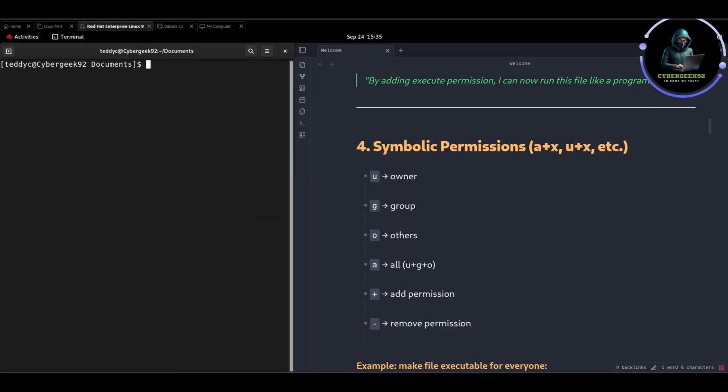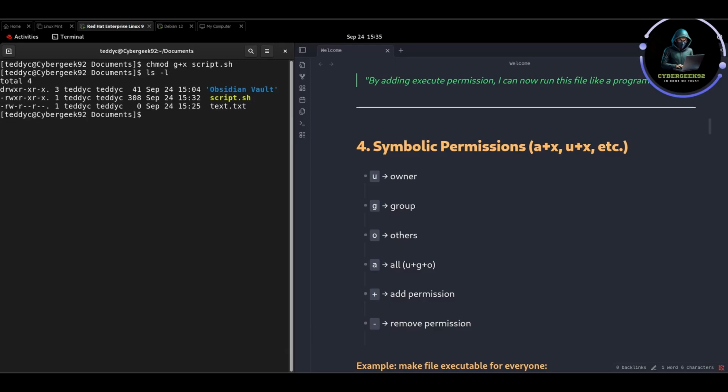So let me clean the screen. I'm still going to use the script. Now, let's say I want the group to be able to run the script. I type chmod, the letter G, plus X, and then the name of the file. Now if I do ls -l, if we look at it again,